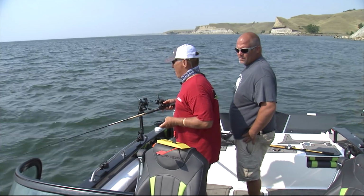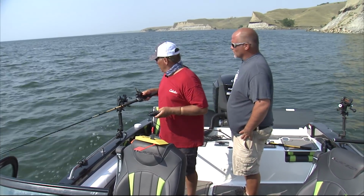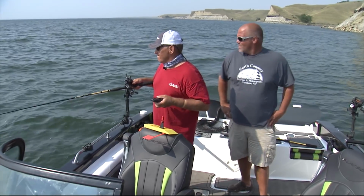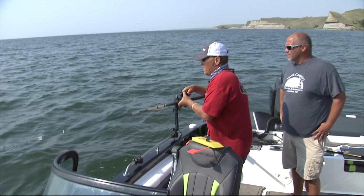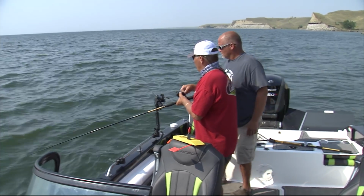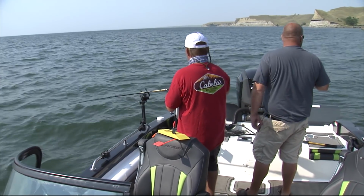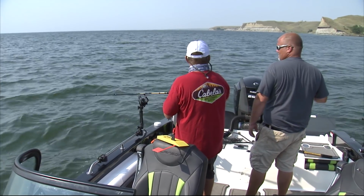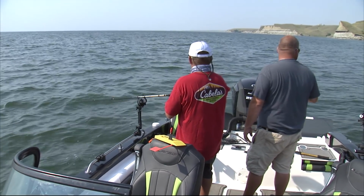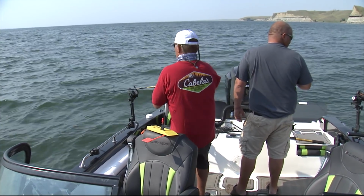One of the things that I think, people ask me a lot, how can I get better at catching walleyes? Number one, being able to run multiple techniques, like pulling lead core out here. There's a fish. Oh, there you go. Nice. Talk about it and it happens. But being able to fish multiple presentations, because if you're a one method Pete, and that method's not working, Pete's out of luck. Plus, along this edge, there's fish scattered all over, two here, 100 yards up. What better way to better your odds for success than to use a presentation that covers water like this lead core